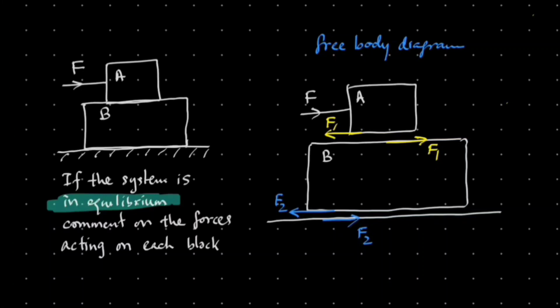Horizontal forces are done. If you want, you can mark the vertical forces too. That's an easy one. If I think about the weight of the block A, it's going to be there. Weight of block B, it's going to be there, vertically downwards from wherever the center of gravity is. I have assumed the center of gravity to be at those places. And then